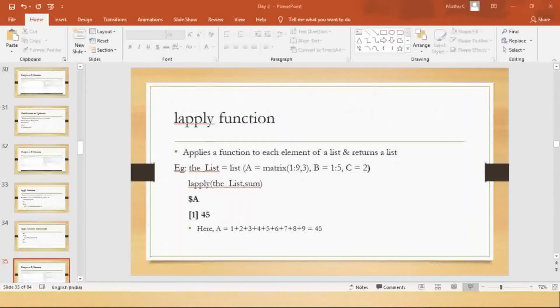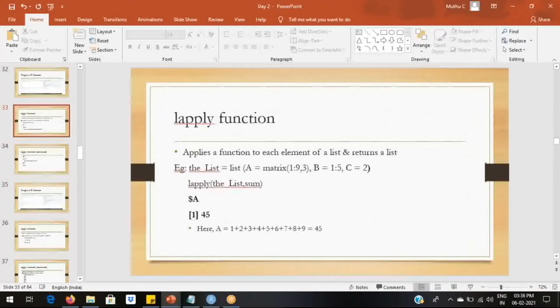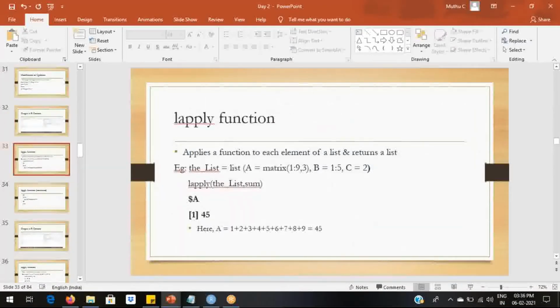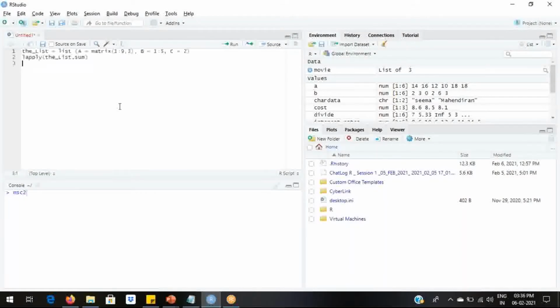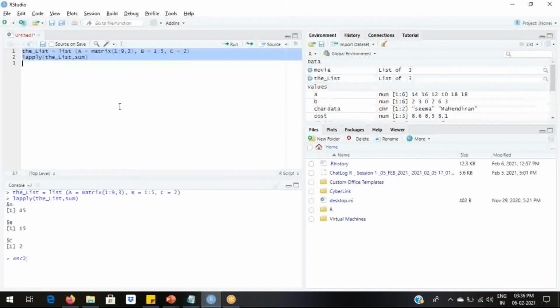We will try executing it in RStudio. As you can see on the screen, we are able to get the same output as seen on the PPT.